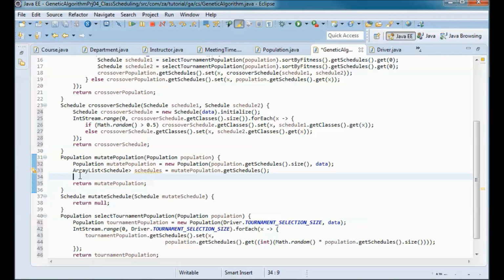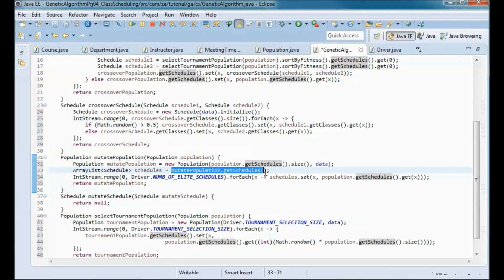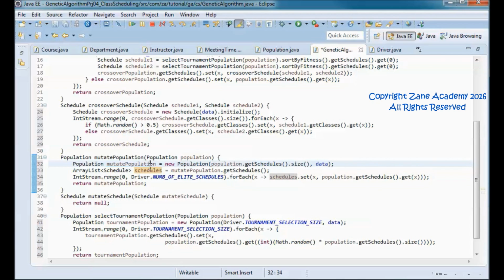and I will move the elite schedules as is from the original population to the new population. So these schedules in this population, mutate population.